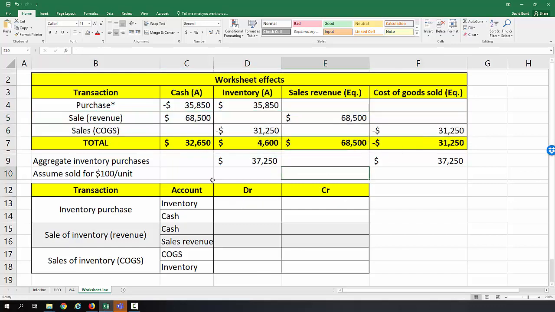For those that are interested in the journal entries, inventory goes up at time of purchase, 35,850. Inventory is an asset, so it gets debited. Cash is an asset going out, so it is reducing, which means it is credited. Everything balances. At the time of sale, cash is coming up,